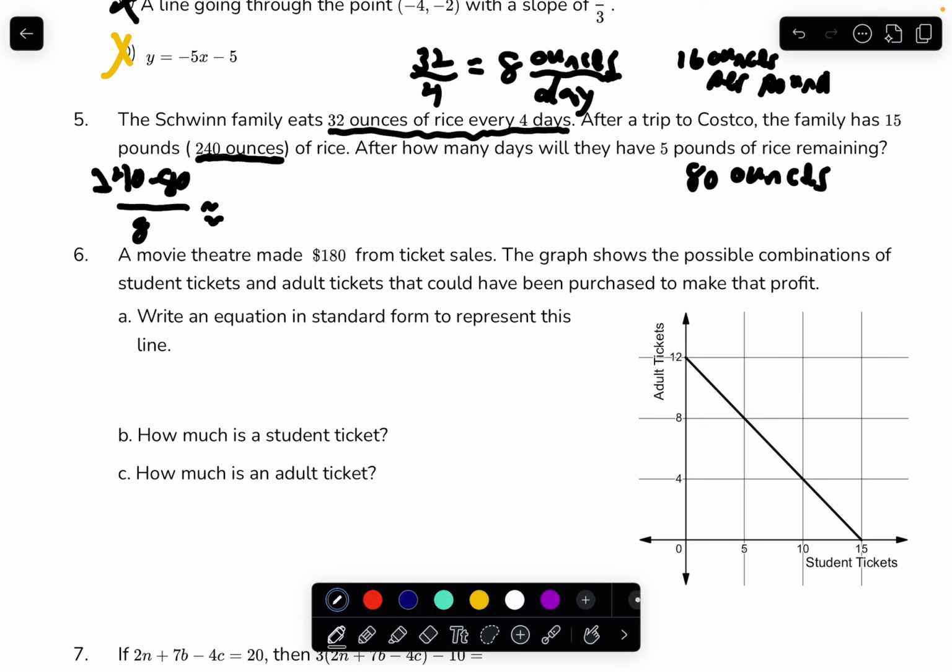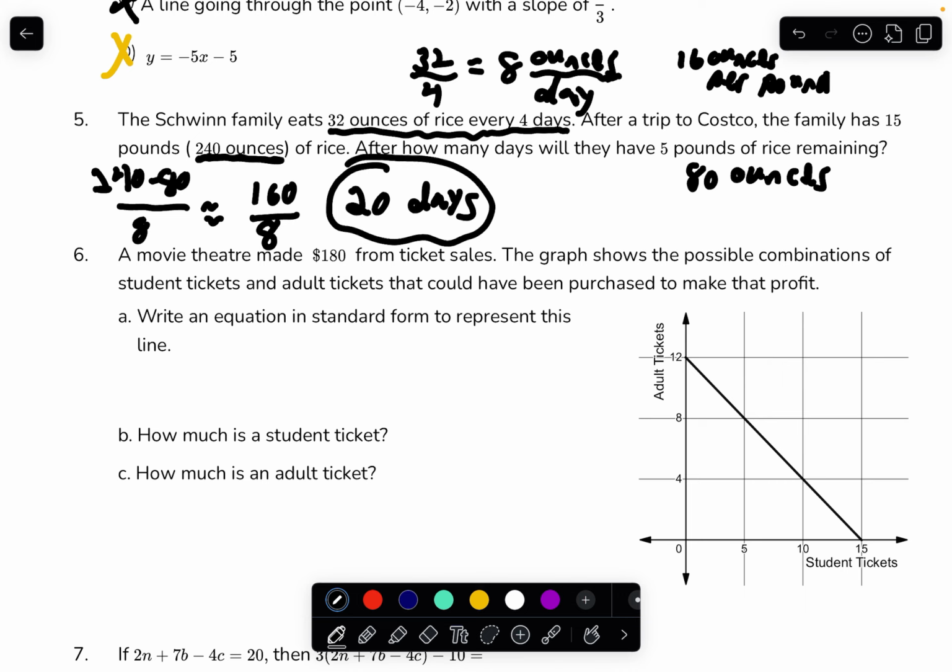Okay, and so this is 160 ounces divided by 8 ounces per day. So divide that 160 by 8, and that's 20. In 20 days,